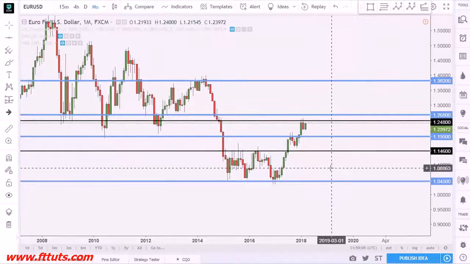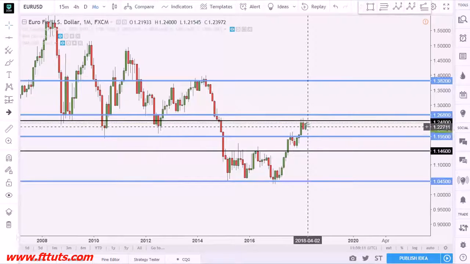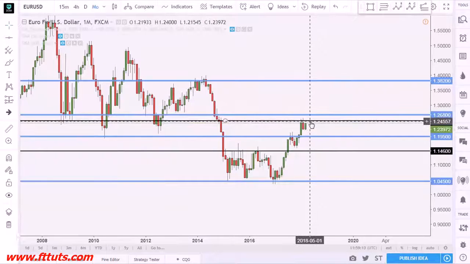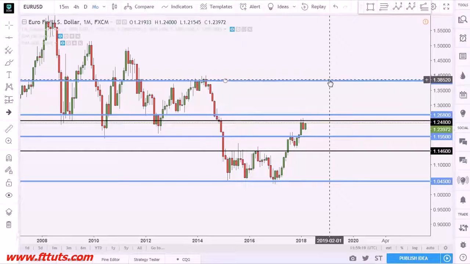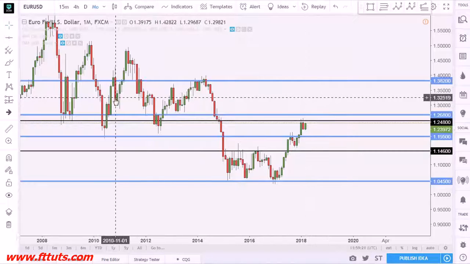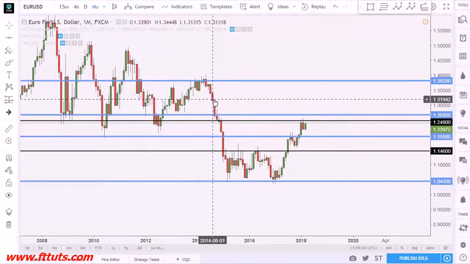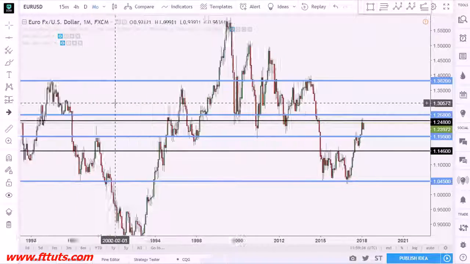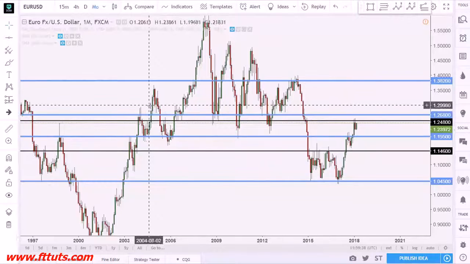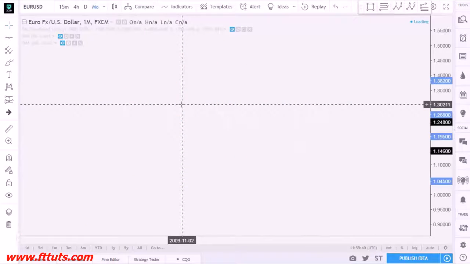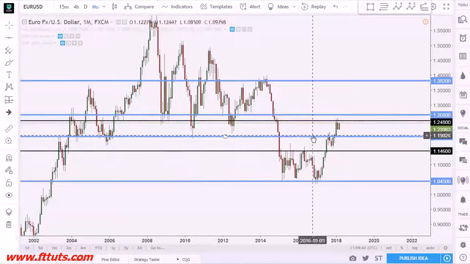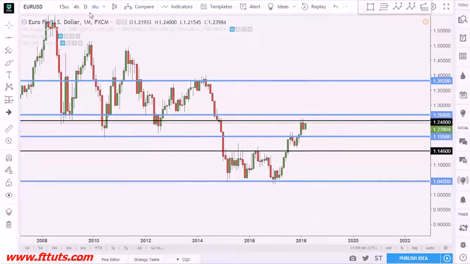So if we have a break of this weekly level, we expect price to go to the next monthly level. If we break this monthly level, we expect price to go all the way up here, and maybe there are some levels in the middle. We will go and look for daily levels. Maybe we can find more daily key levels here, so it would be much more accurate for us to trade on lower time frames. So let's jump down to the daily time frame,